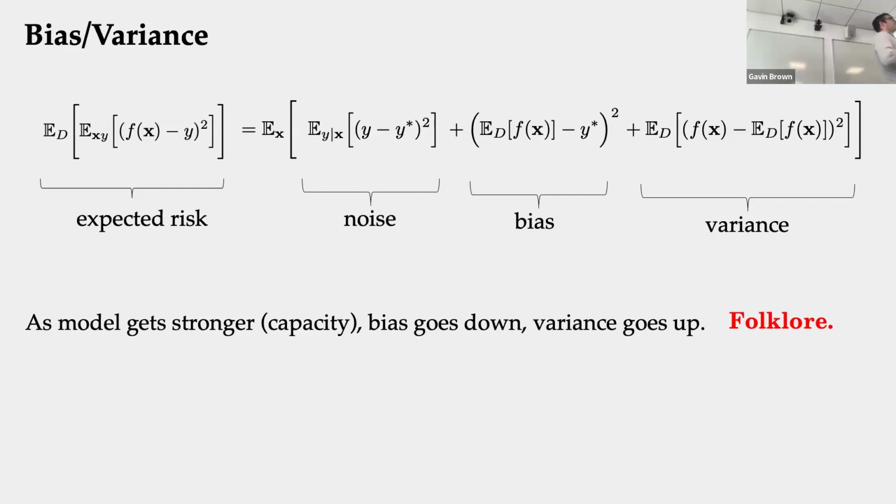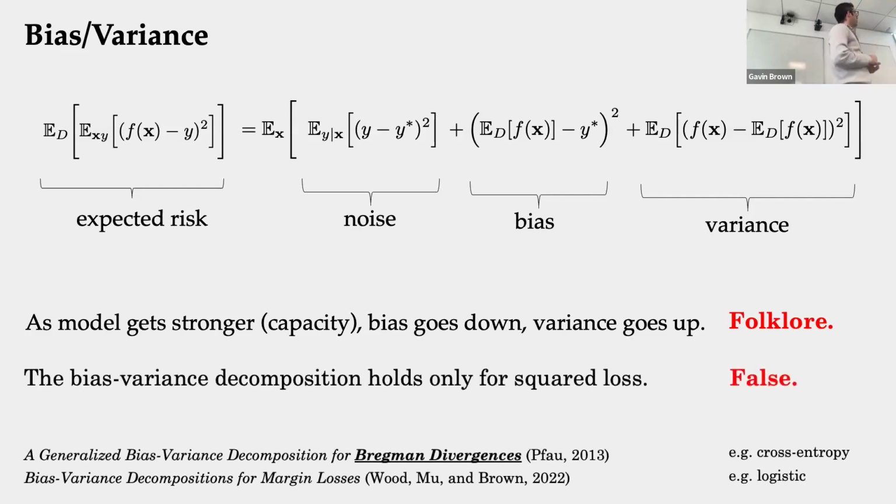There's another myth that's out there in addition to this one, that this decomposition only holds for squared loss. It doesn't. It holds for many, many, many losses. So cross entropy, for example, it holds for that. In fact, any Bregman divergence, and there are many, many of those. In addition, it holds for margin losses, which we actually only figured out a couple of years ago. Did a piece of work with Ting Ting. And so logistic loss, it holds for that.